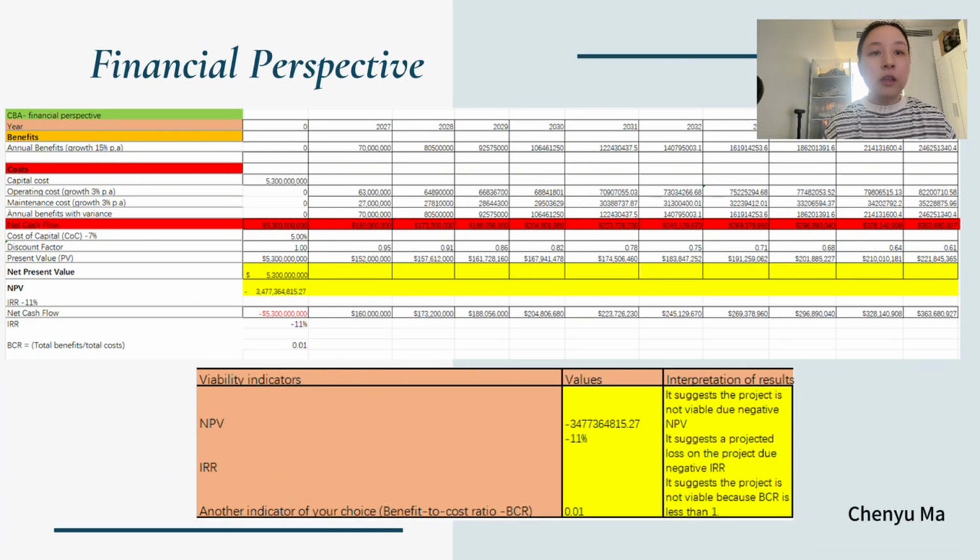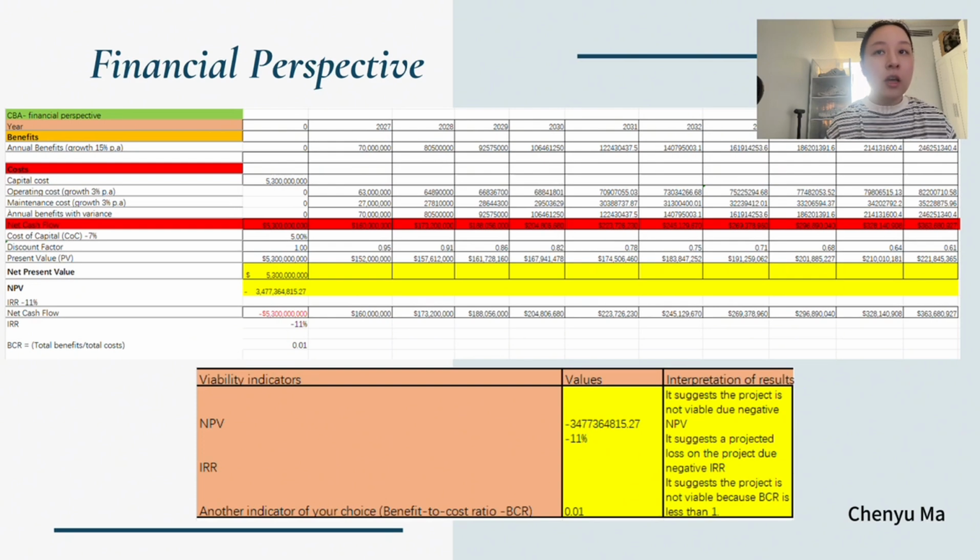The first is a financial perspective. The financial cash flow analysis for the Western Sydney Airport project shows that it is not financially viable based on a 5% discount rate. The NPV is negative